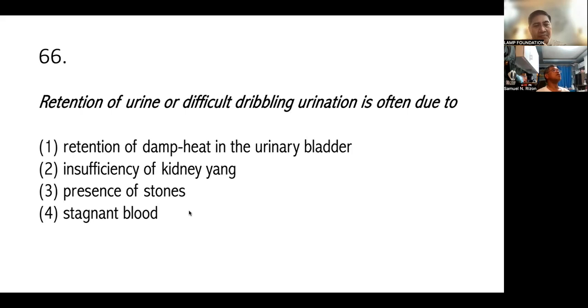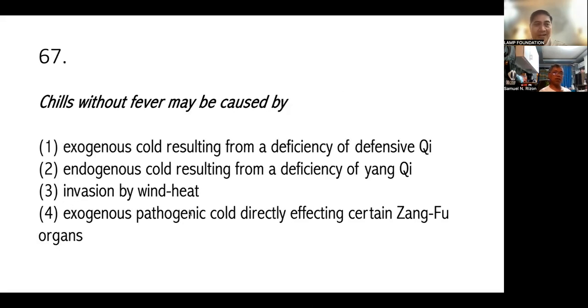Retention of urine or difficult dribbling urination is often due to retention of damp heat in the urinary bladder, insufficiency of kidney yang, presence of stones, and stagnant blood. All the answers are correct po, Doc. Okay, very good. 67. Chills without fever may be caused by